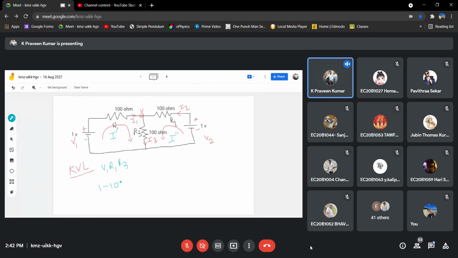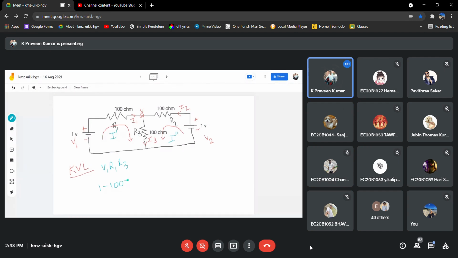I1 is a branch current. Which one do you need to write, I1 or I dash? Sir, what is I dash? Here I am assuming that for this entire loop the current is something like I dash. Okay, whatever you say, we'll see it later.